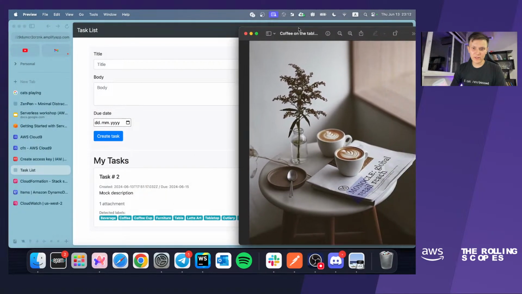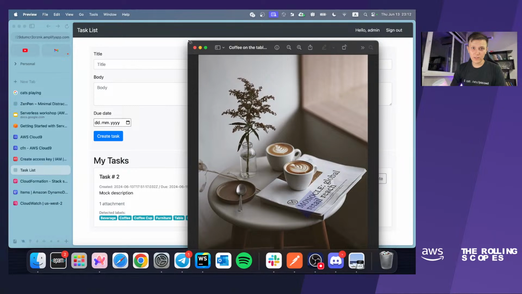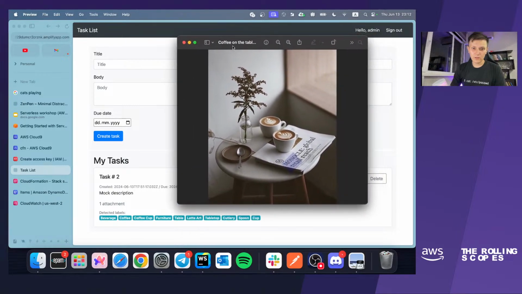And I think that the labels are quite good. We have some beverage, we have coffee. Yeah, we definitely have coffee cups, furniture, table. We have latte art on the coffee, and even this art has been detected by Rekognition. Yeah, it is tabletop, cutlery, spoon here, and cup. Yeah, all is fine, I think.